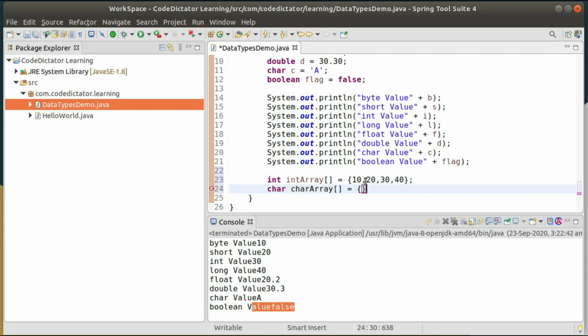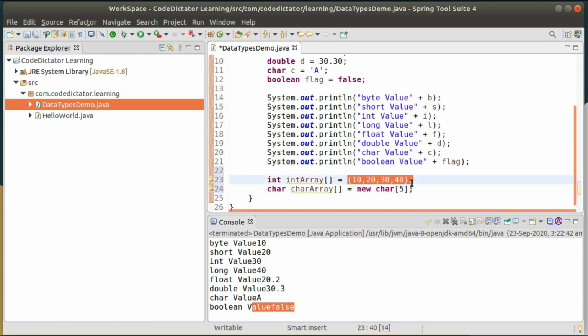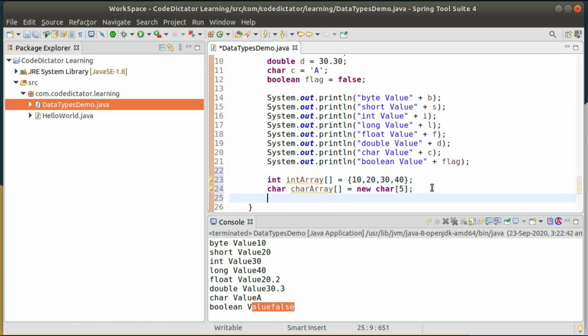Okay, and if I don't want to assign any value, we can do it another way with the help of the new keyword, new, and then the data type of your array, which is char, and again in square brackets you need to define a size, that is 5. Whenever you don't want to define the values of that particular array, you can use the size of that array, and later on you can set the values like char array of index 0 equal to a.